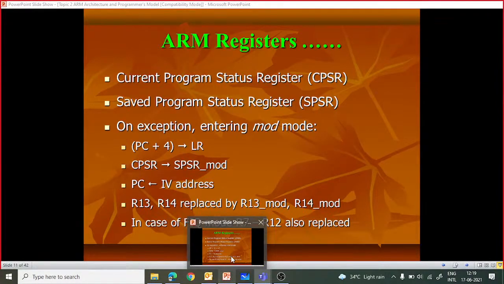Dhruv. Okay, Dhruv. My question was, what is the need of both the current program status register and the saved program status register?